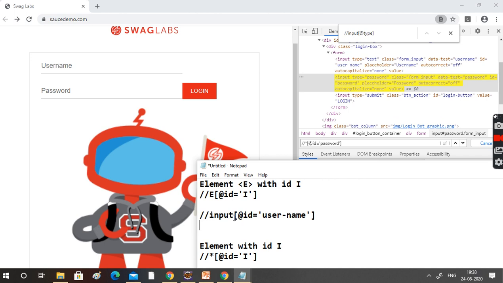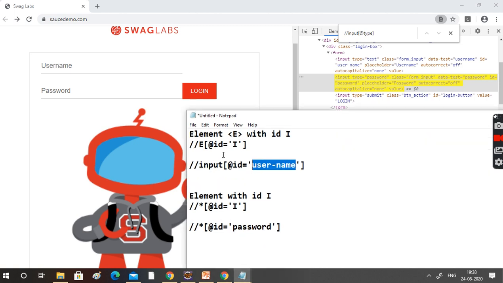Pull all of them and filter with the ID attribute value as username. So here we are putting input as the filter. But here we are not putting anything, we are putting star. Pull all the elements, whatever elements are present in this particular DOM. Again we are putting the filter as ID attribute equal to password.